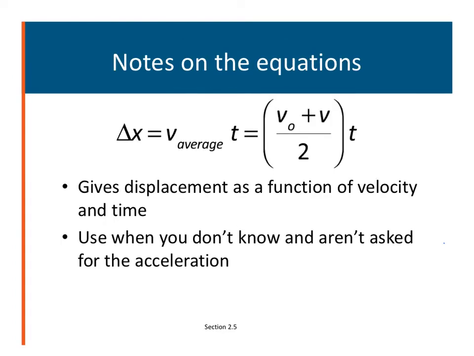Each of these equations has its own personal effectiveness, so to speak, in that each has a benefit. This first one, saying that the displacement is equal to the average velocity times time, just gives you the displacement as a function of the velocity and time. So if we have velocity and time and need displacement, this is a good one to use. We don't want to use this, however, when we're asked anything about the acceleration, or if we're given the acceleration and need to use it. If our situation doesn't deal with the acceleration other than we know it's uniform, then this is a great